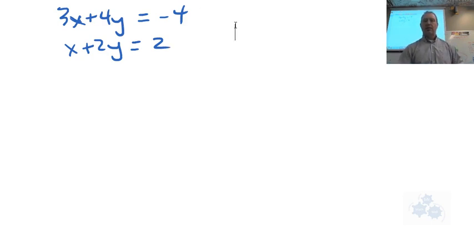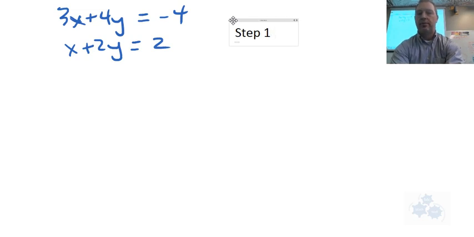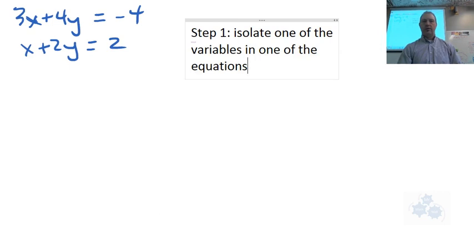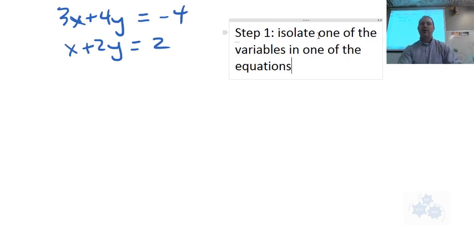So let's just jot that down for a little sort of step 1. Step 1. Isolate one of the variables in one of the equations first. Okay, so let's just bring that over here. So isolate one of the variables in one of the equations. First thing you do,